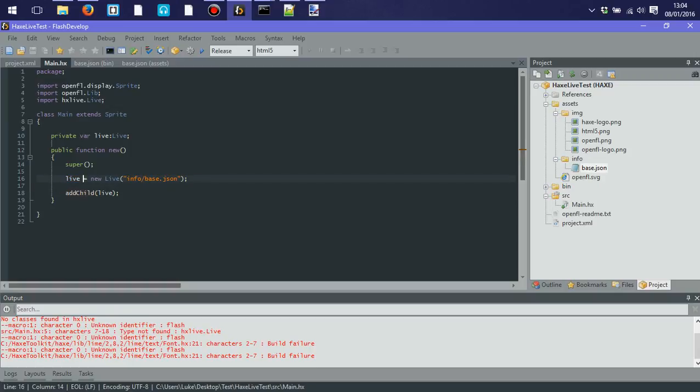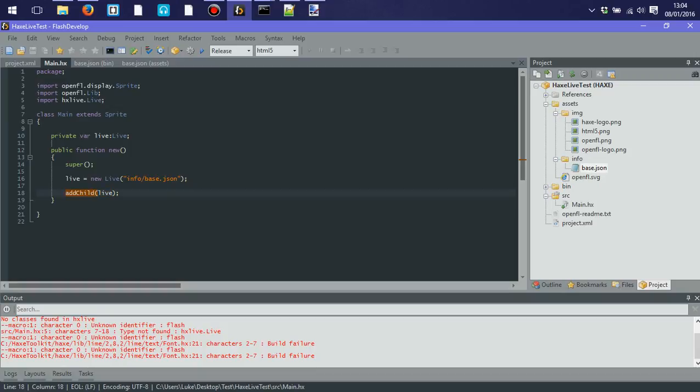So if it's HTML5, then it's probably going to be a div container. If it is OpenFL, then obviously it's going to be a sprite. If it's Kha, it's probably going to be an image. If it's anything else, HaxeFlixel or whatever, it's always going to have a container, so that it's just simply addChild(live)